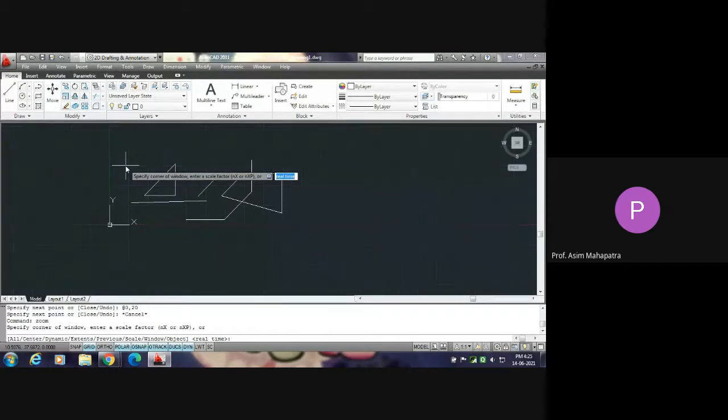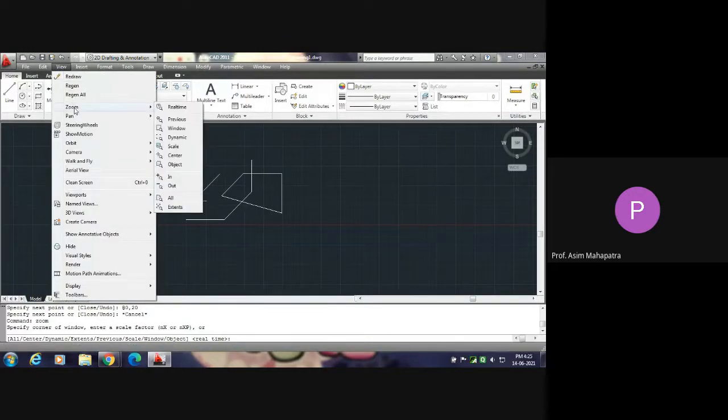Now you will have several types of zooming. In the command bar it is written all, center, dynamic, extend, previous, scale, window, object, real time. Even if you click on the view toolbar and then click zoom, you will find all the varieties of zoom: real time zoom, previous zoom, window zoom, dynamic, scale, center zoom, object zoom, zoom in, zoom out, zoom all, zoom extents. But for the time being, for the beginners, remember the extend is the most useful zoom tool, because